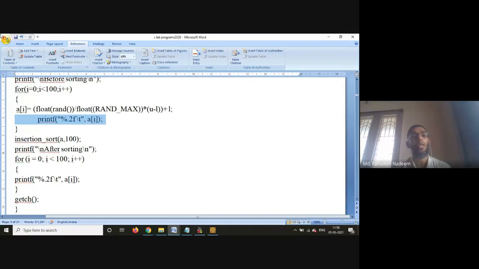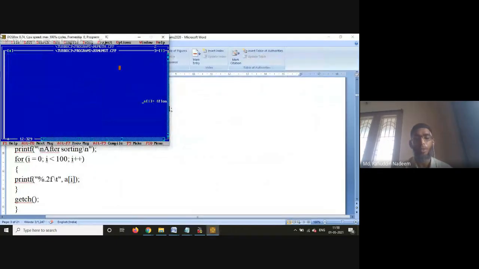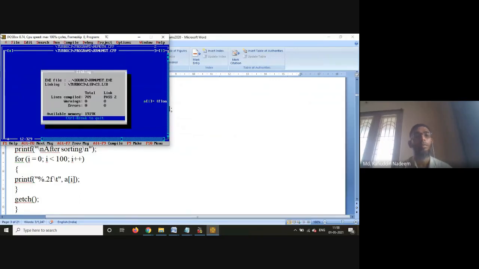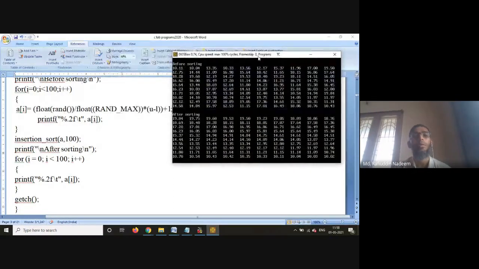When i is 0, a random value is generated and 10.11 is stored in A of 0. When i becomes 1, 10.04 is stored. When i becomes 2, 13.35 is stored. When i becomes 3, 13.33. Like that, 100 values are stored and displayed.